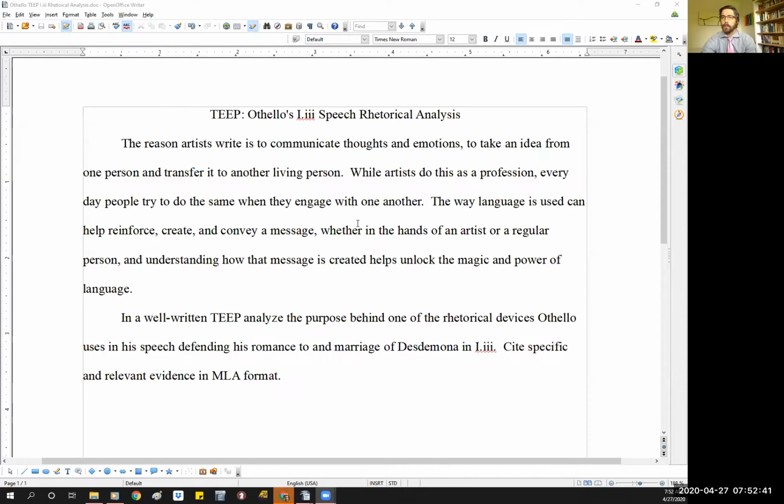So first, you're going to want to do your taking apart a prompt steps. You're going to realize, oh, hey, there's no instructions here, so we're going to focus on the instruction-based part right here. We're going to analyze the purpose behind one of the rhetorical devices Othello uses in his speech, defending his romance to and marriage of Desdemona in Act 3, Scene 1, the same speech we've been analyzing. No big deal. So first you have to find one of those rhetorical devices, and then you're going to analyze